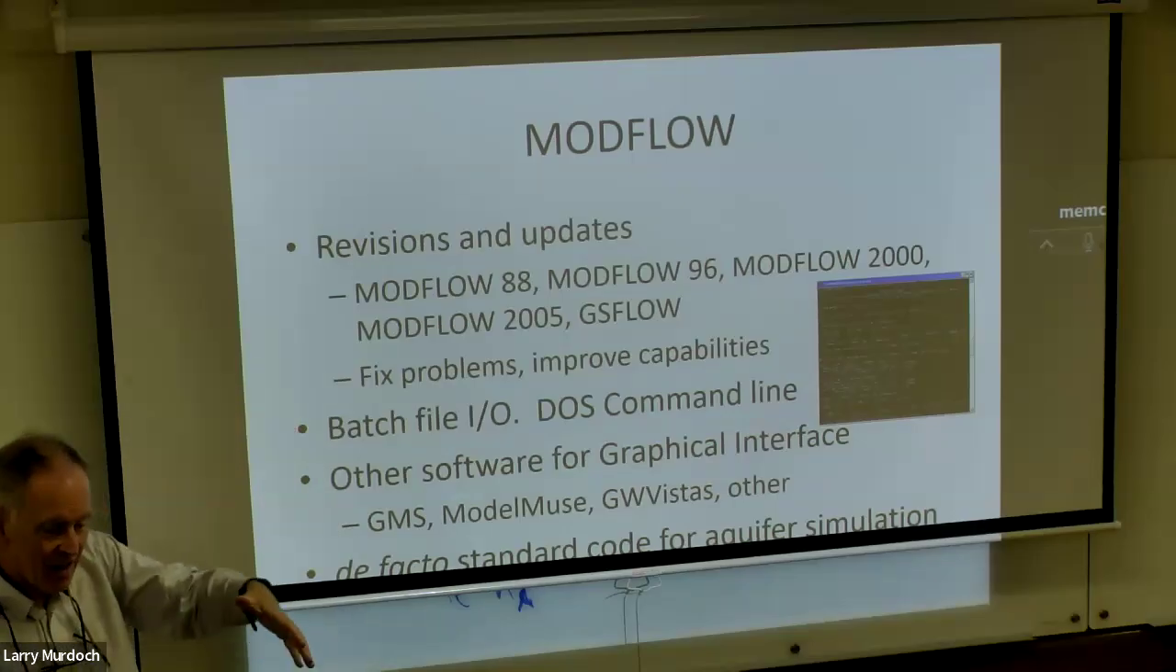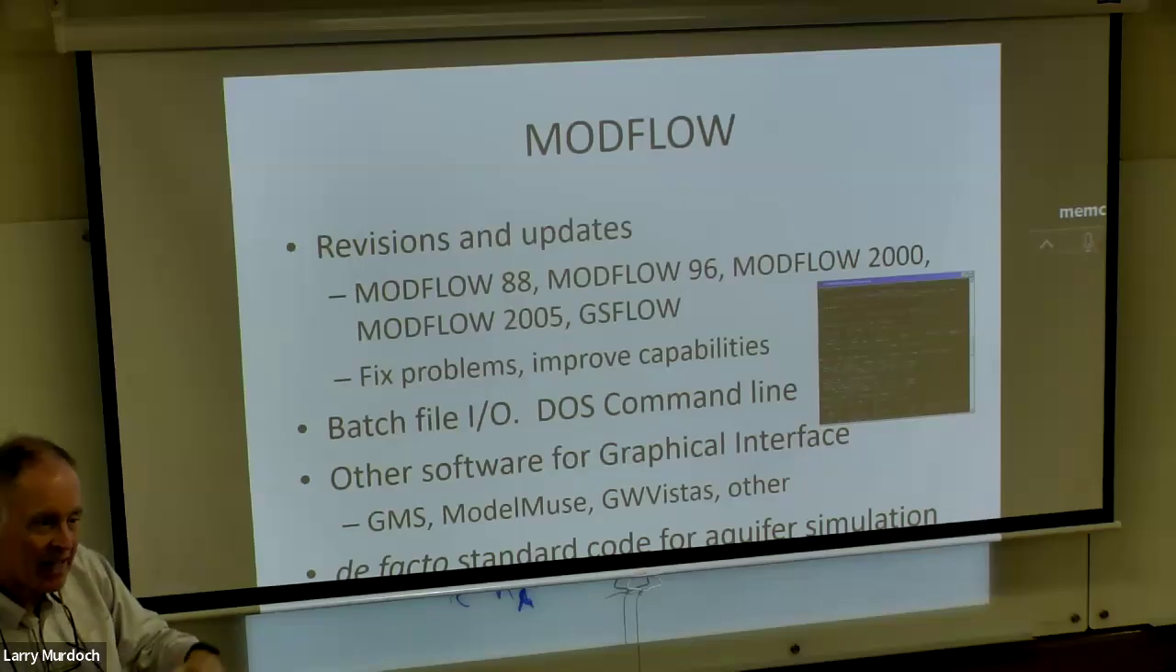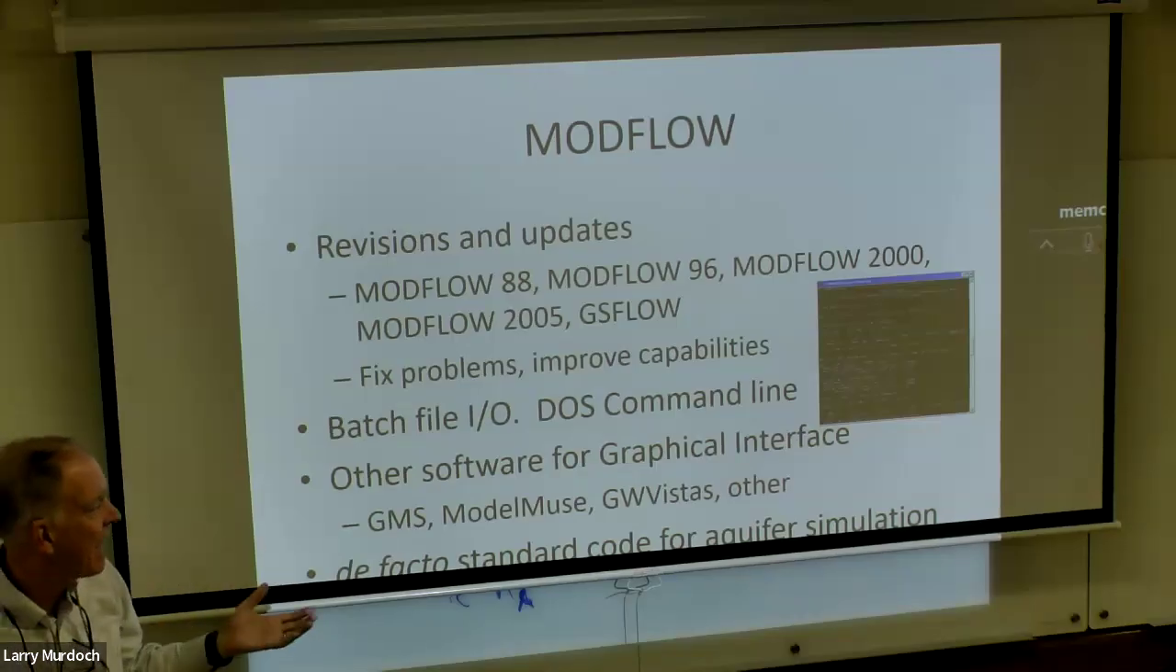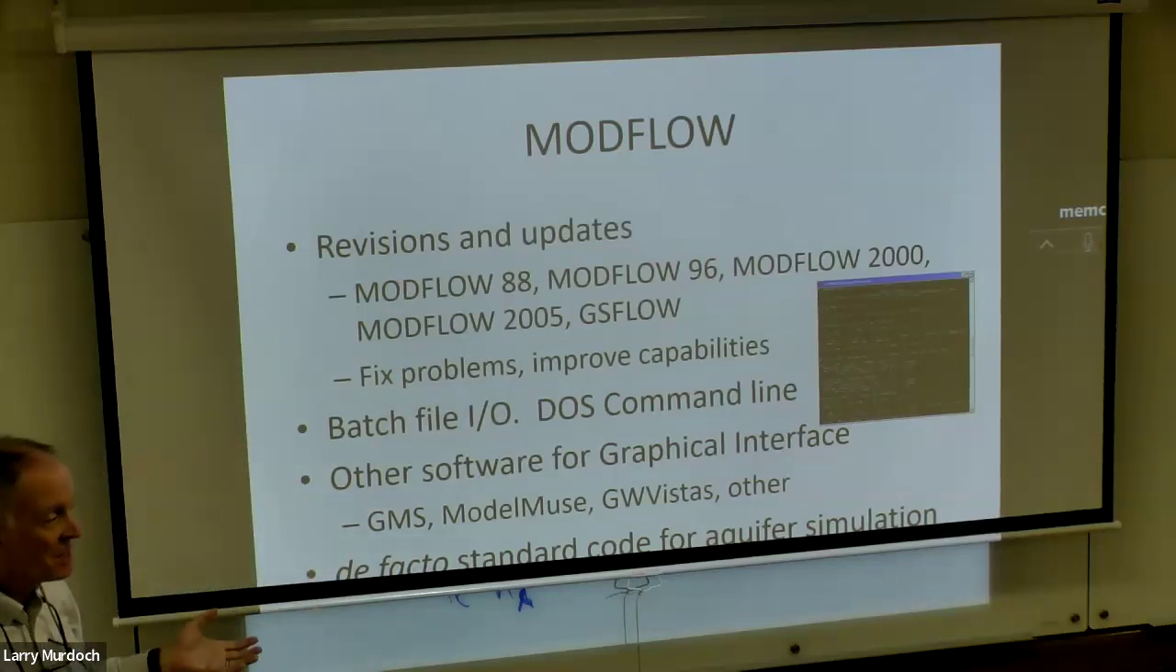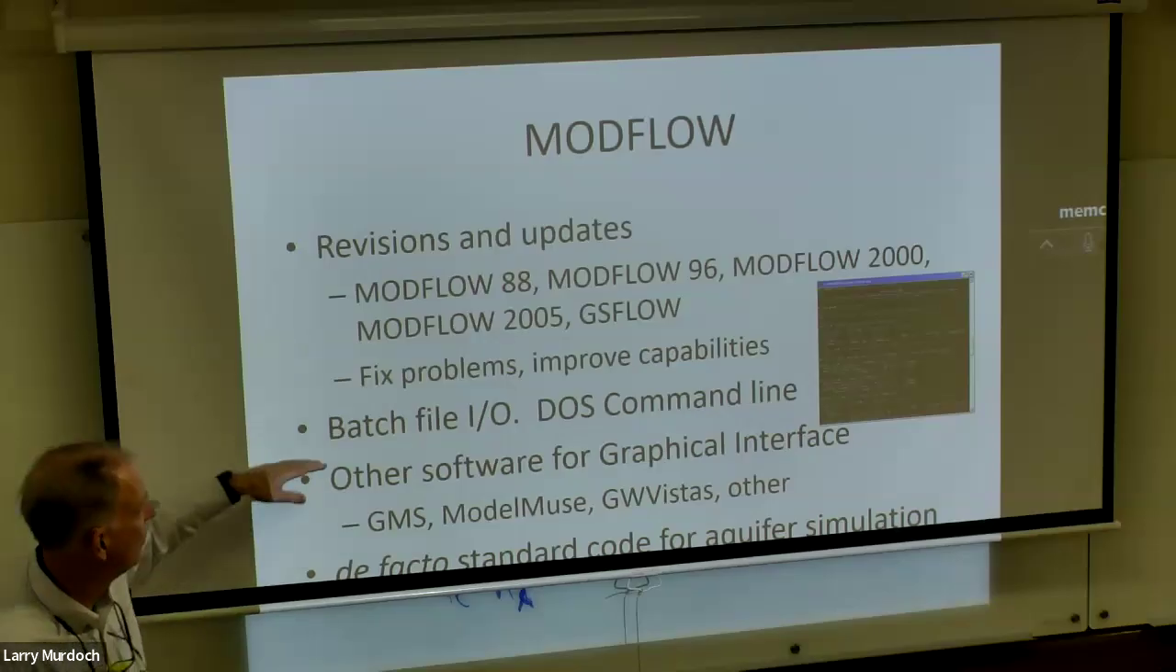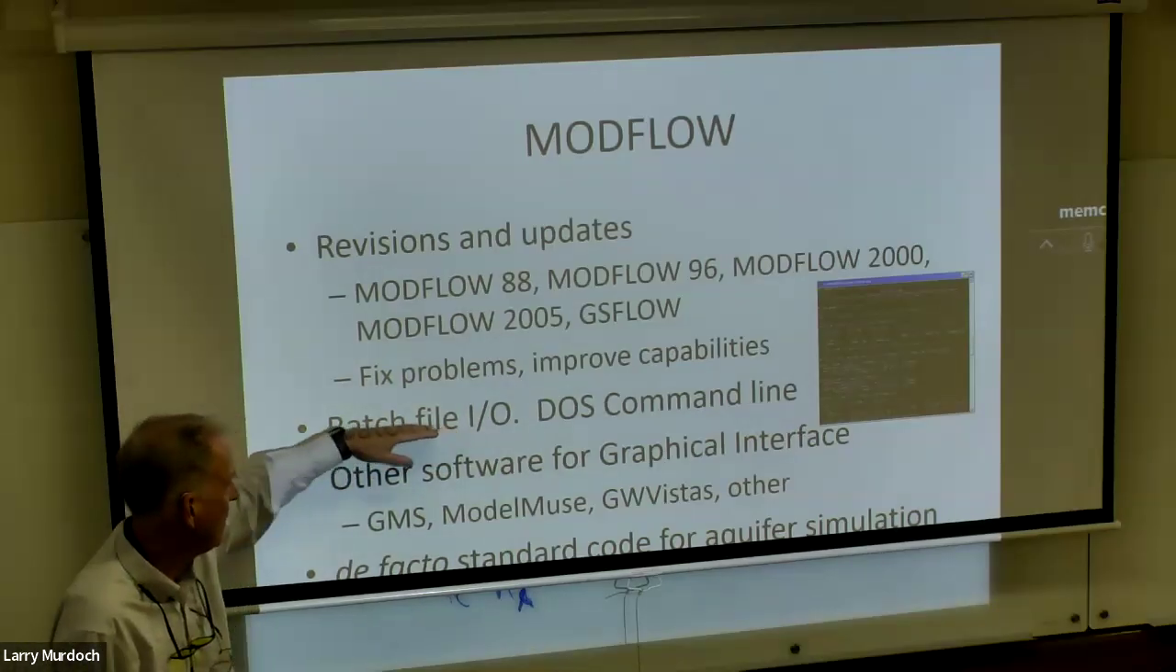You set up a file that has a bunch of numbers in it in a certain format, and you run the code, and it reads that file in and does the calculations and spits out another file. So efficient, but clunky and cumbersome and pretty frustrating to use. So this is the way it was for a long time. But